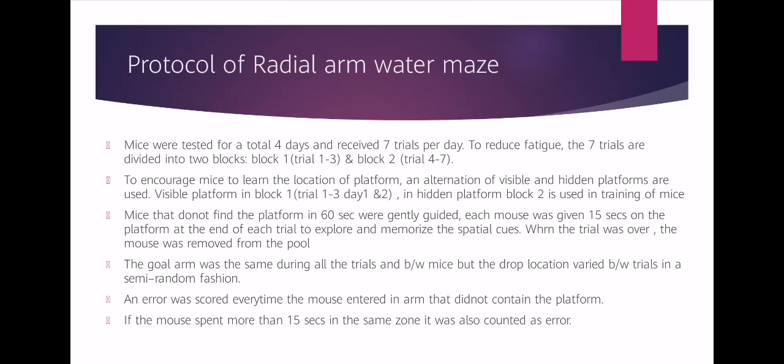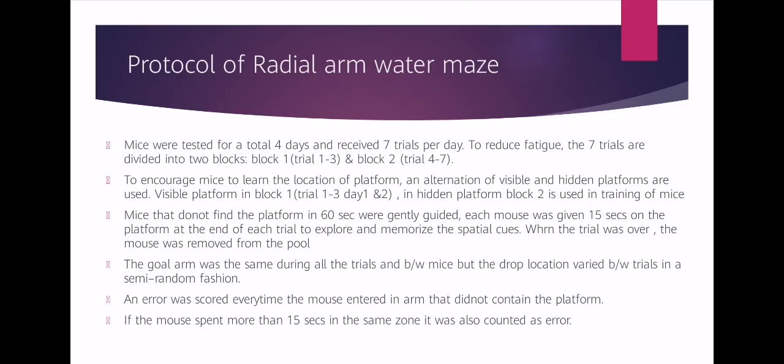Each mouse was given 15 seconds on the platform at the end of each trial to explore and memorize the spatial cues. When the trial was over, the mouse was removed from the pool. The goal arm was the same during all the trials and between mice, and the drop location varied between trials